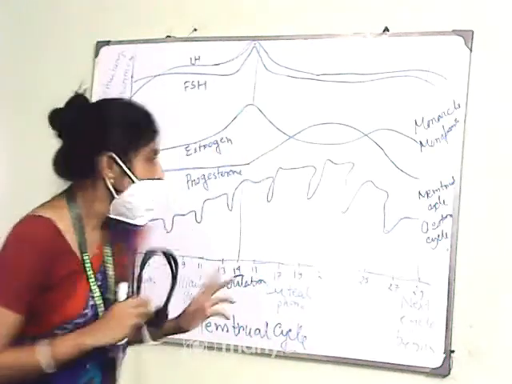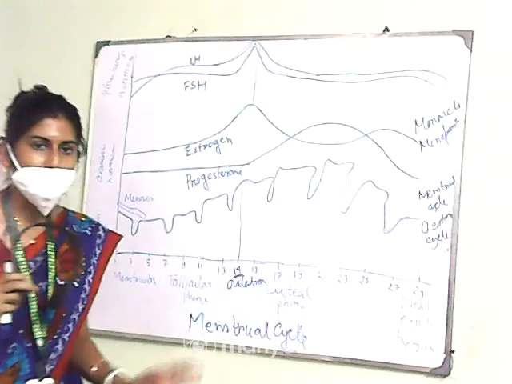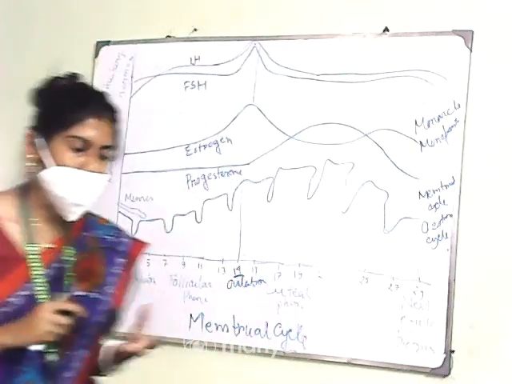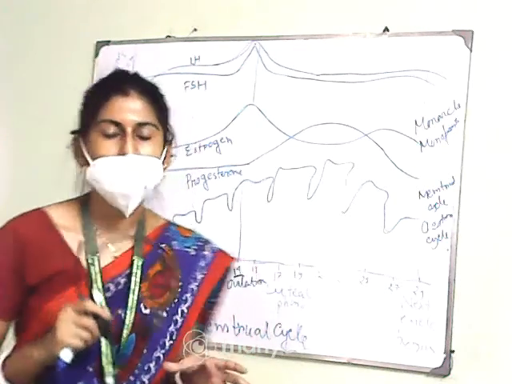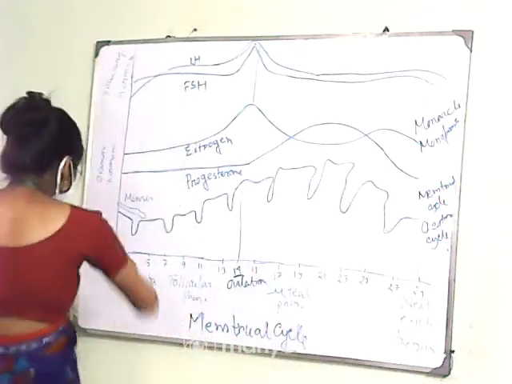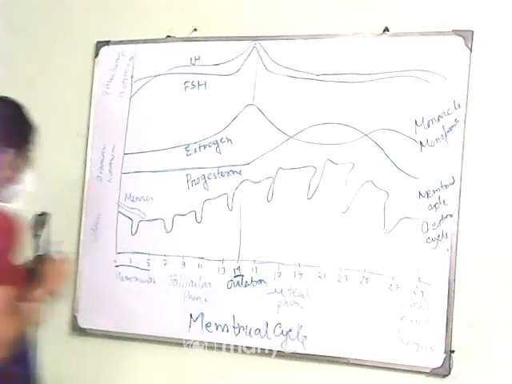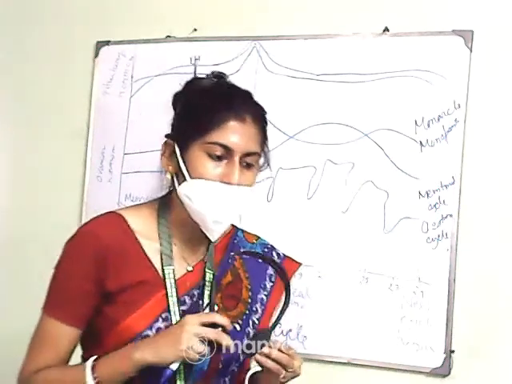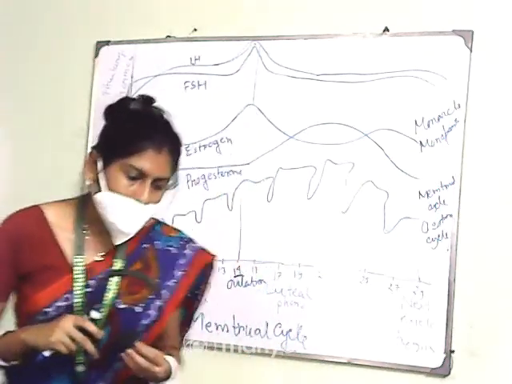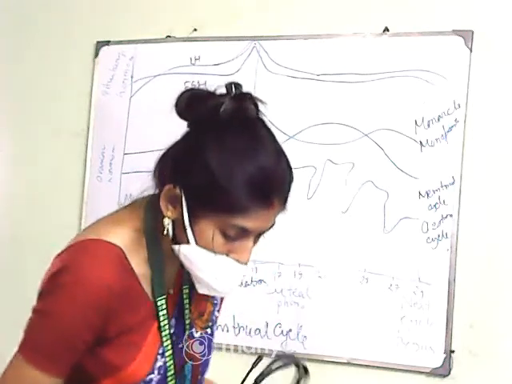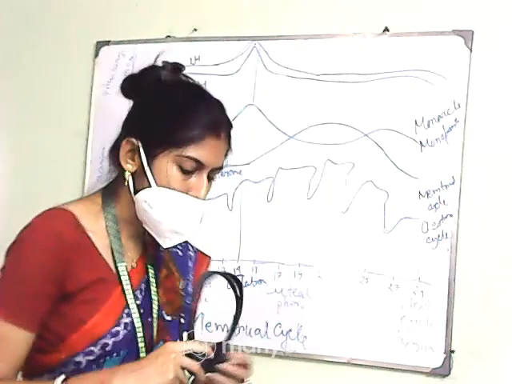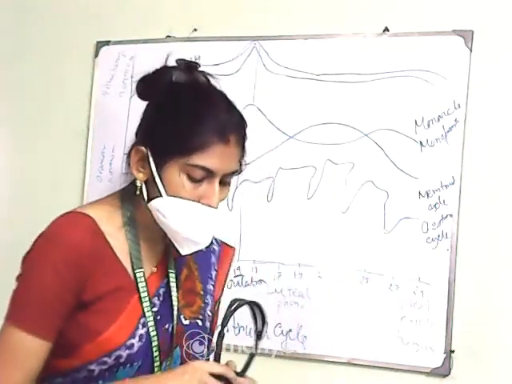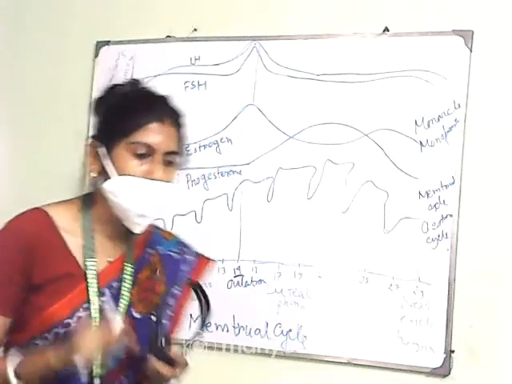And as I have mentioned, the cycle starts with the menstrual phase, or you can call it menstruation. In this phase the menstrual flow occurs, and the duration for this phase is 3 to 5 days. You can see that I have written it within the 5 days. So the time interval in the menstrual phase is 3 to 5 days. Now, why does this menstruation occur? It results due to the breakdown of the endometrial lining of the uterus.